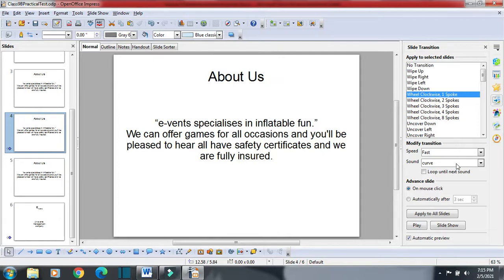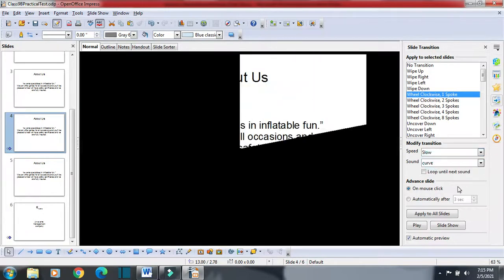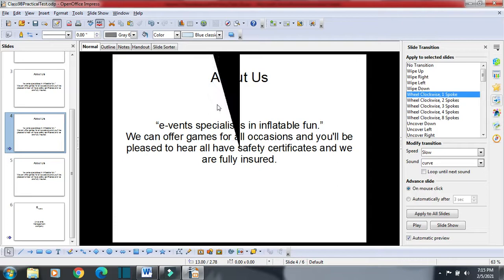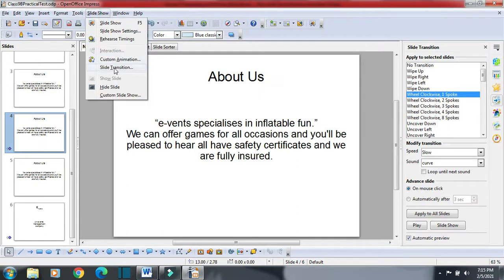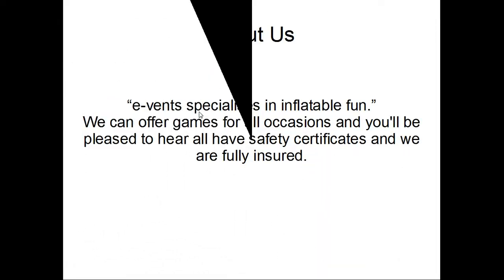These settings are automatically saved with this slide. No need to save anywhere. These are automatically applied to the slide. So this slide now has this setting, wheel clockwise, and it will be fast or, suppose, slow. Okay, it will automatically get saved. So when I go for slide show, you will see that this effect will work for slide number 4. Okay, so let us see this. You can see this effect has been saved.